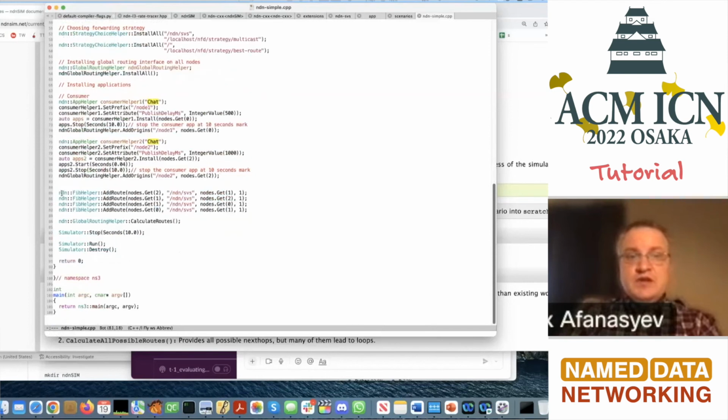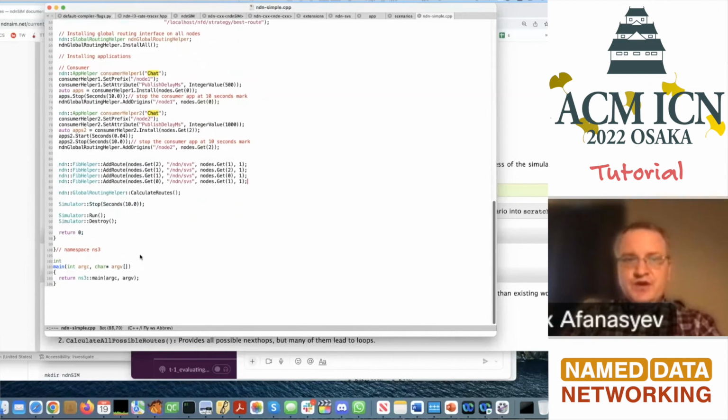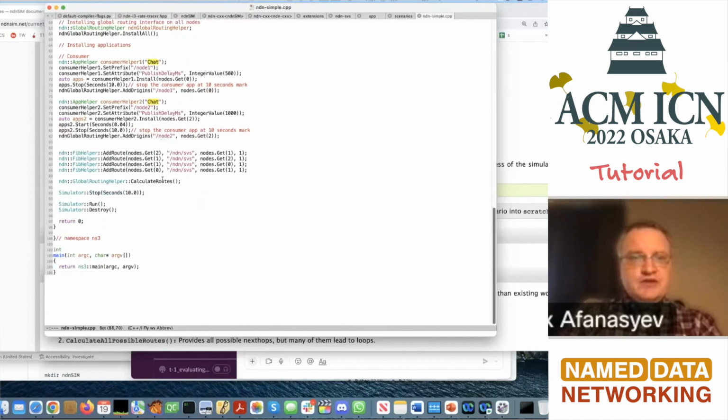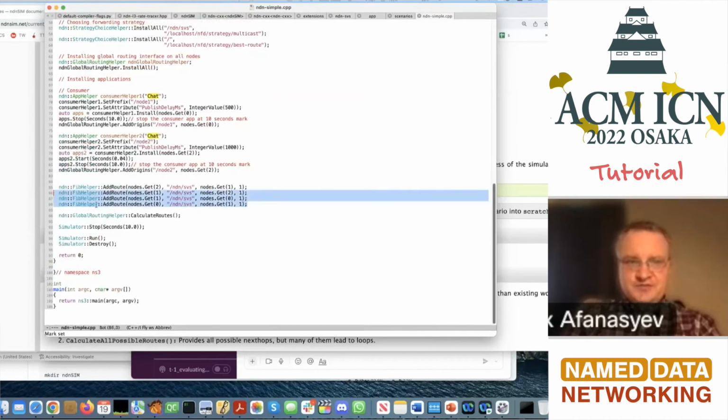Then you can add the FIB helper to add specific routes if you don't want to only rely on the pre-computed routes, or you don't rely on default routes. So this one will be the semi-dynamically, semi-manually defined routes. Sorry, this is the static routes, and a global routing helper will calculate routes defined through this at origin